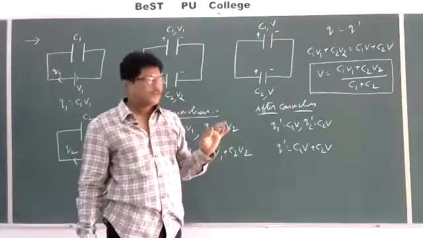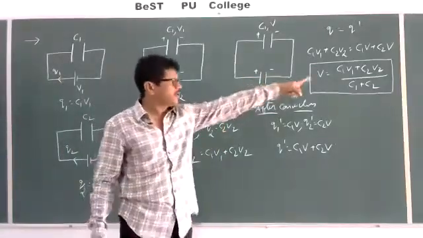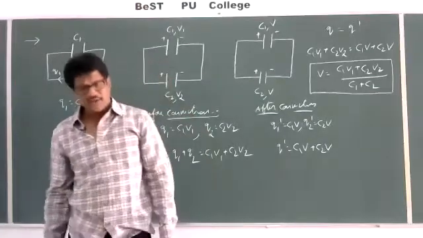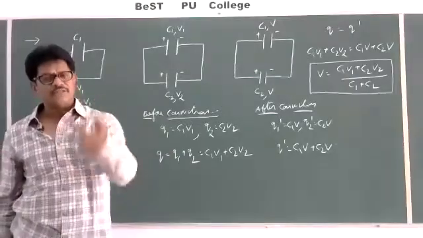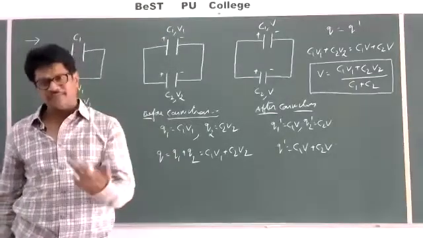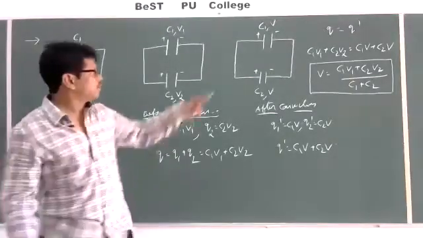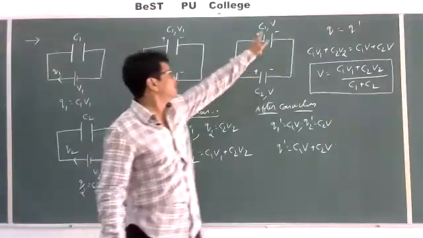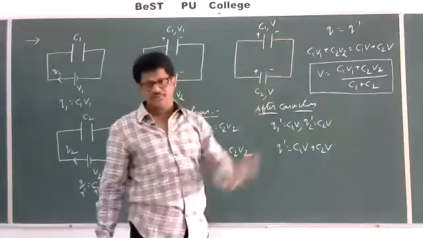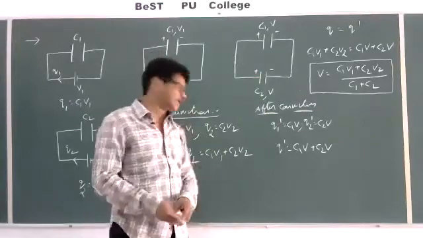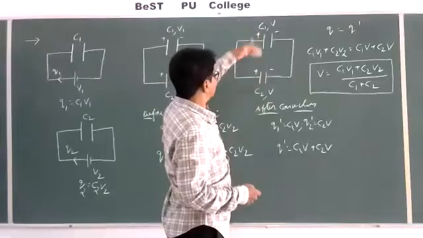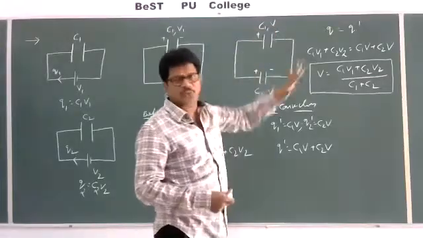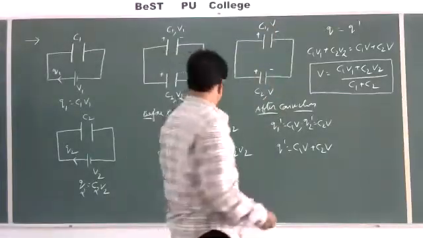So this is a very important formula to find out the common potential when two charged capacitors are connected in parallel in such a way that positive is connected to positive and negative is connected to negative. For example, if positive is connected to negative and negative is connected to positive, note